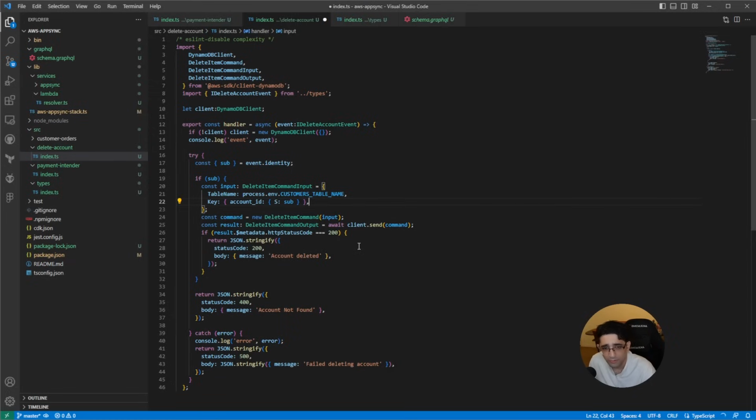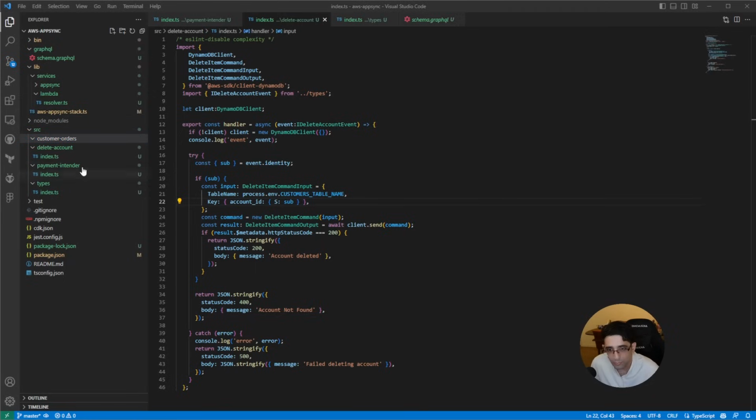Sometimes I'm building something for the first time and I tend to use these types a lot just to see which values are there and how I can fill these values in. So that's something nice. Well, this is this function, and customer order would be pretty much the same,